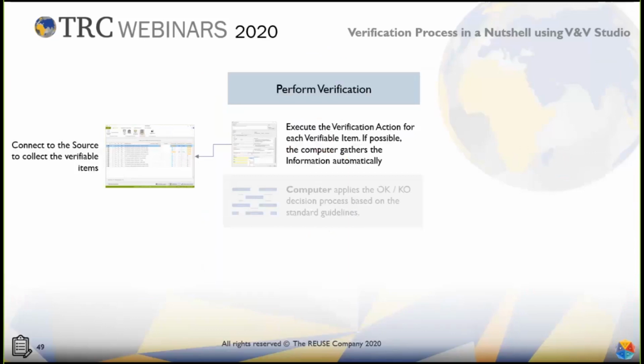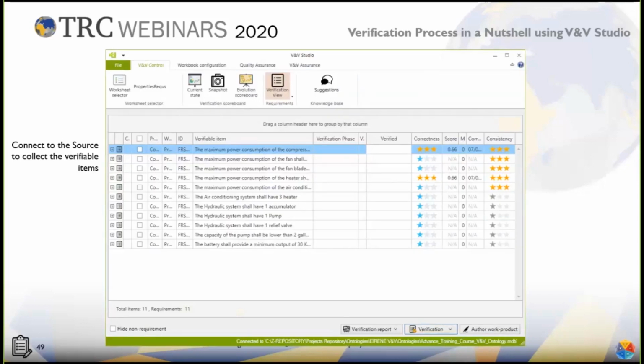So in order to perform verification, remember, the only thing you have to do is work with the verification action. The first thing we have done is, as we decided in the preparation, we defined the connector to the different verifiable items. So the first thing is use the V&V Studio to populate this grid with the information that you